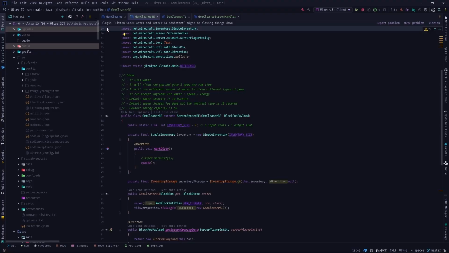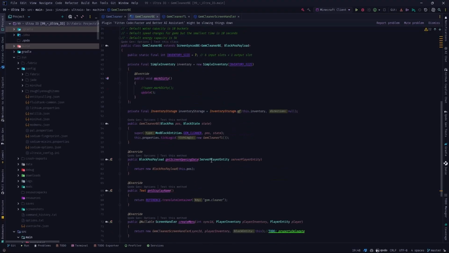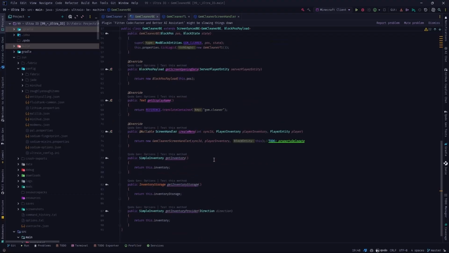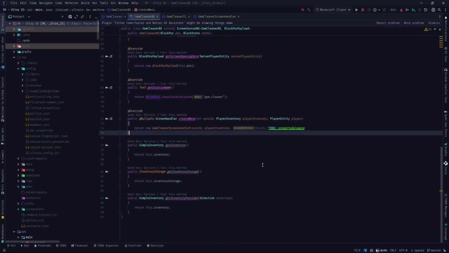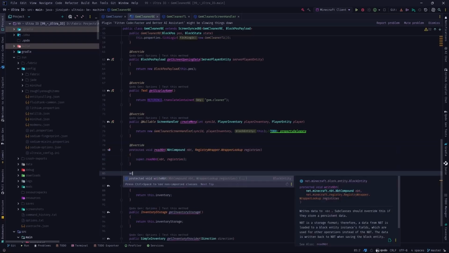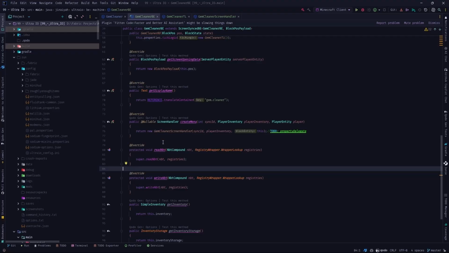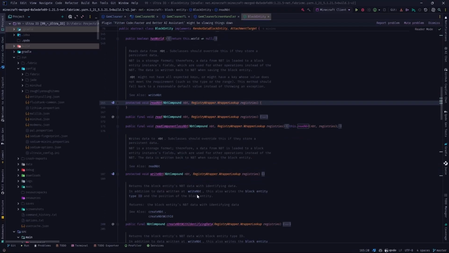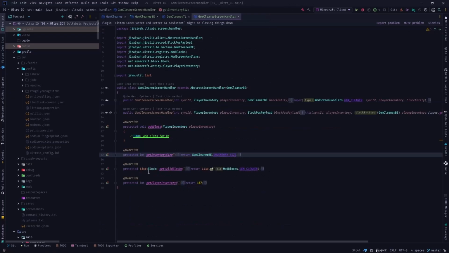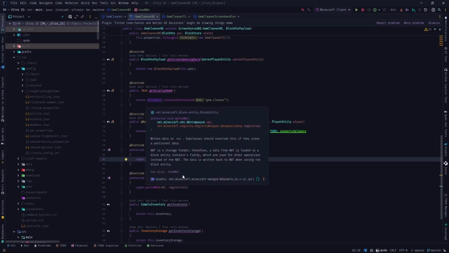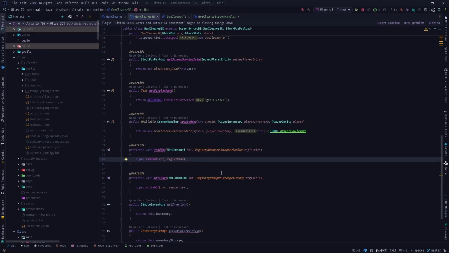But before that, now that we have the inventory, we need to cover two more things. One is the read NBT and then write NBT. So we need to overwrite read NBT and then overwrite write NBT. As I said, the super call for read NBT is just doing nothing, and the write NBT is doing nothing. So it's irrelevant if you call the super first or do your things and call the super later. I prefer to do everything after the